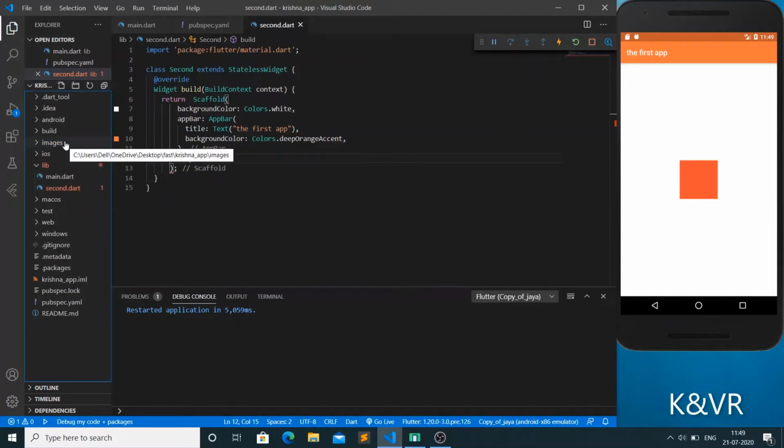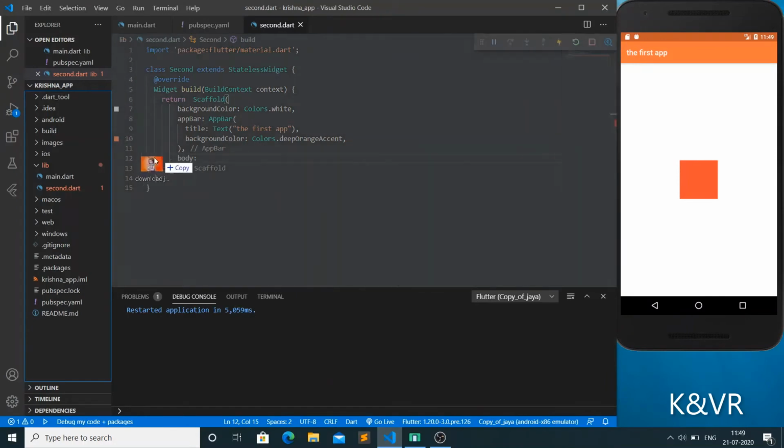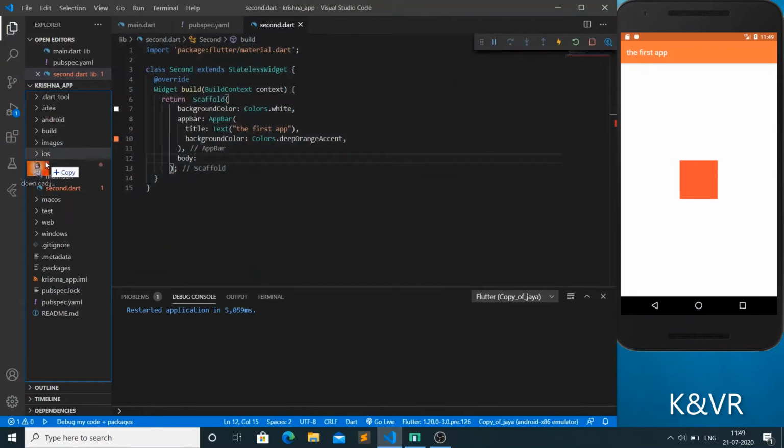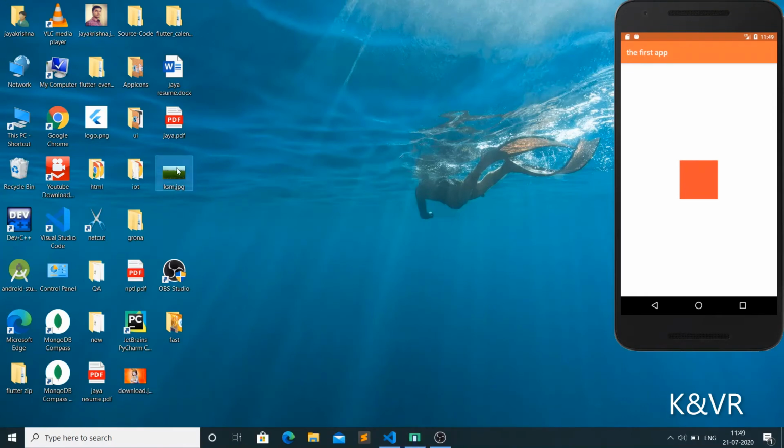I gave images, and now we want to take the images. I have taken two images. Just click on it and drag it to the VS folder like this. Just drag this image to the images folder. Here the image came, and I am also adding another image.